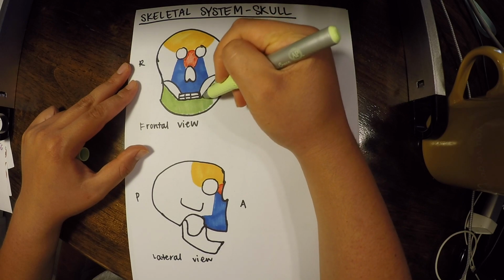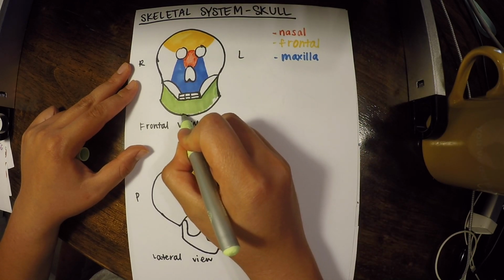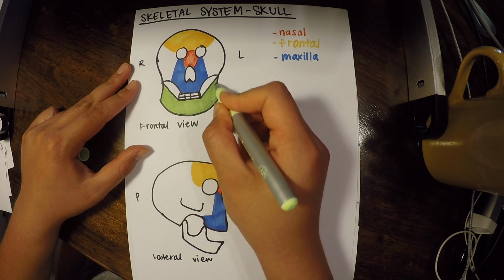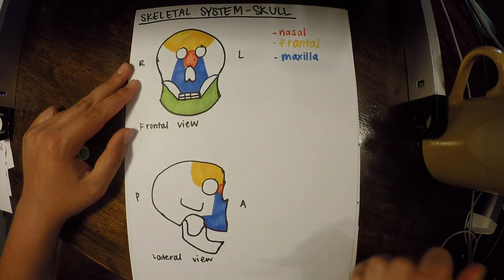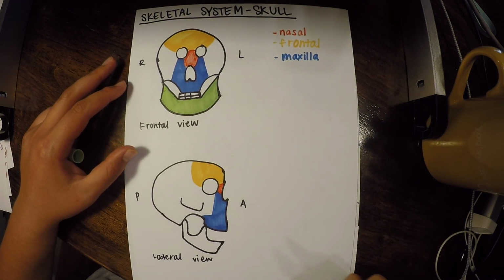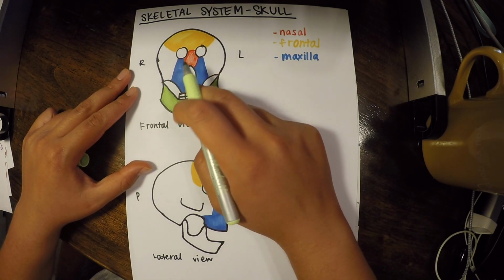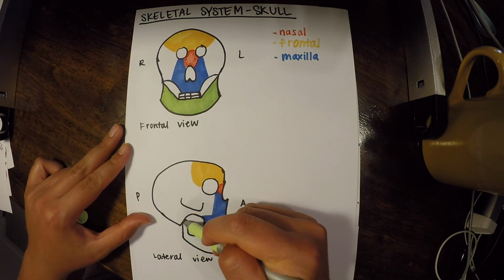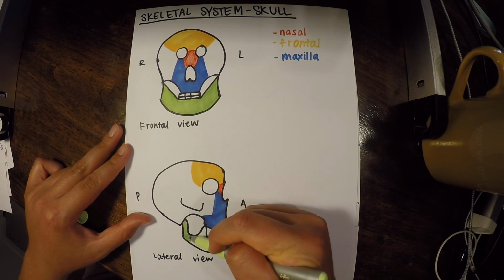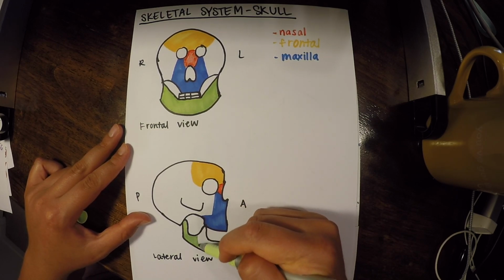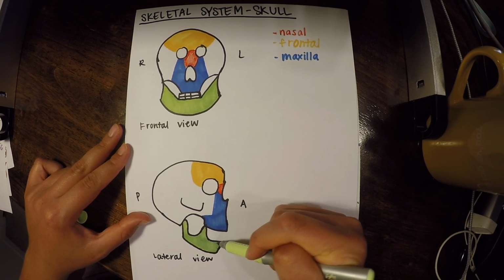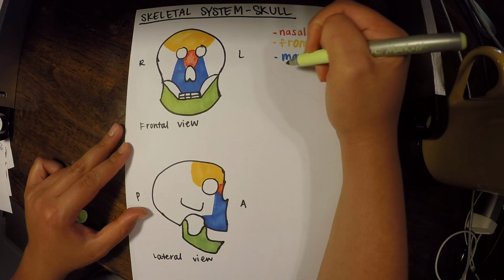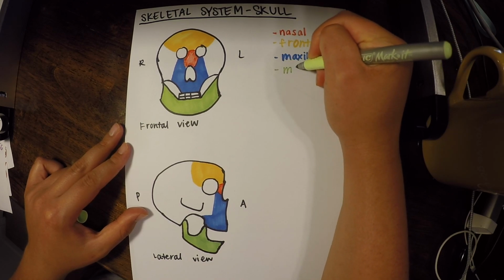I also know that the maxilla is above the lip, so ever since I learned anatomy years and years ago, I kind of pictured a guy named Max with a mustache, and that's how I remember that it's maxilla, up near where the mustache is. But use whatever method works for you, as long as you know it, for this class, and then later, since a lot of you will end up in clinical situations, you want to make sure you know your bones if you end up dealing with a real patient. So those are our mandibles.